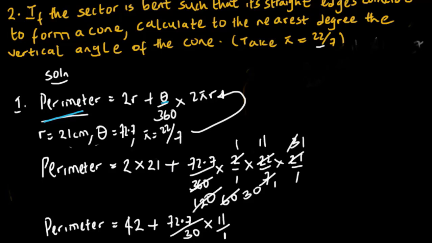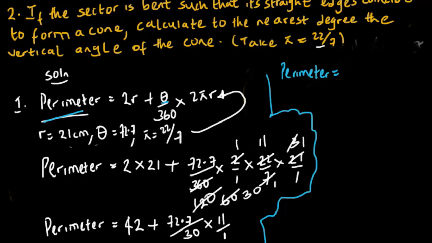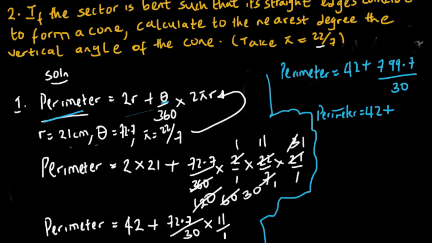Alright, so let's solve the remaining somewhere by the side. So if we solve it here, we should be having perimeter equals 42 plus 72.7 times 11, which should give us 799.7 all over 30. So we should be having perimeter equals 42 plus 799.7 divided by 30, which should give us approximately